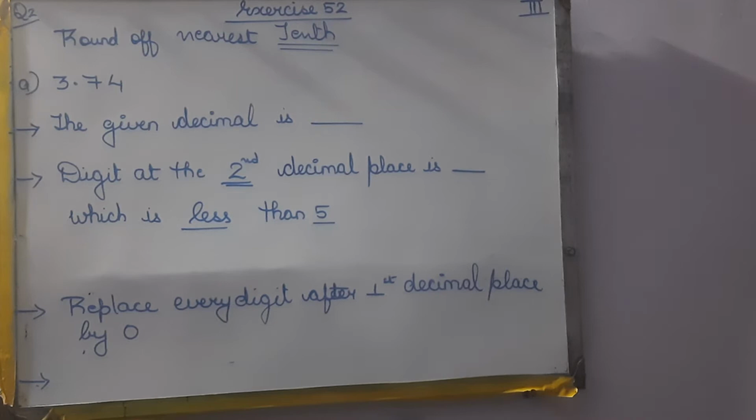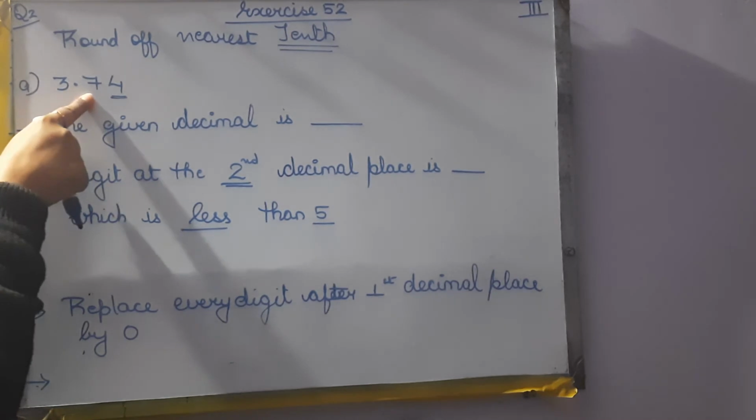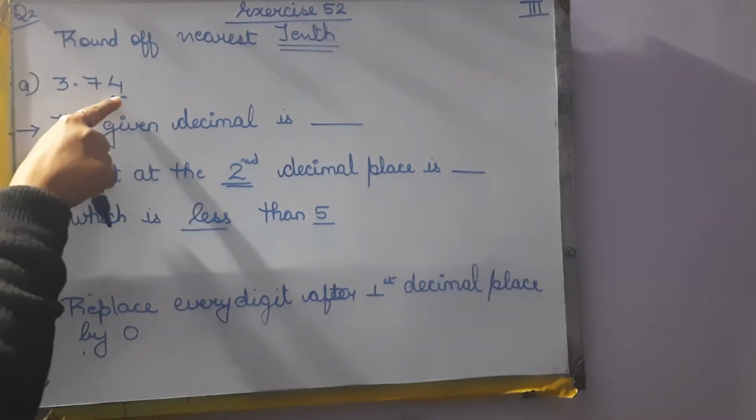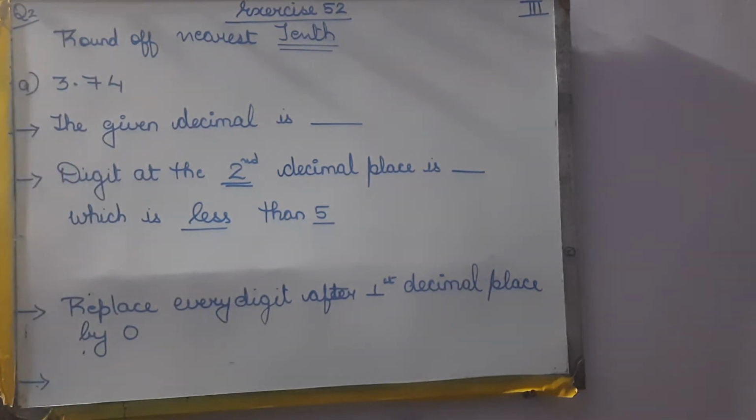Now question number 2. Rounding a number correct to one decimal place or to the nearest tenth. Now we have to round off to the nearest tenth. There are the ones, tenths and hundredths. So we have to find the number to the nearest tenth digit. See children, here are 8 questions. 4 we are going to do and 4 we are going to remove from our syllabus. A, B, C, D we are going to do. E, F, G, H will be cut.